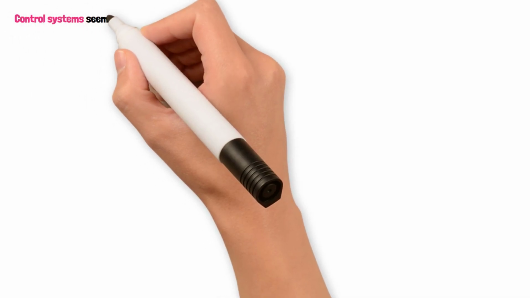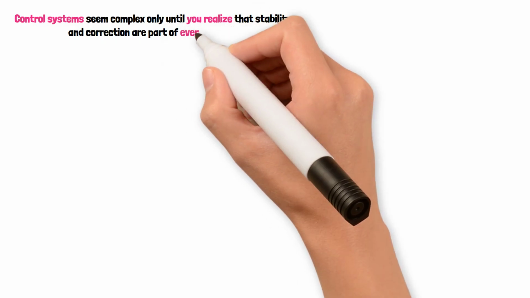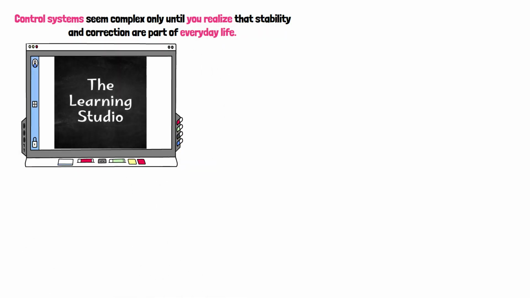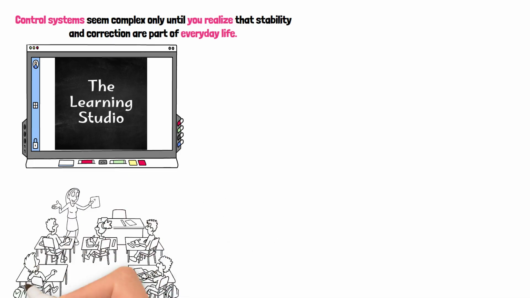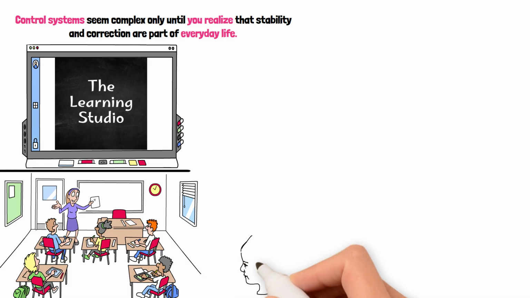Control systems seem complex only until you realize that stability and correction are part of everyday life. Welcome to the Learning Studio, where we don't just teach subjects. We break them down to their core intuition so you understand why systems behave the way they do, not just